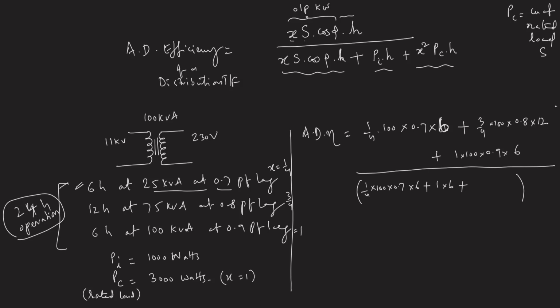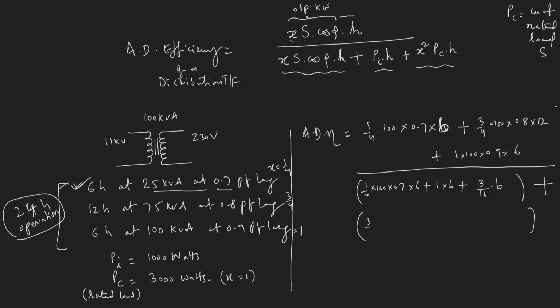Now at 1 by 4 full load it will be 1 by 4 square, that is 3 kilowatt divided by 16 into how many hours? 6 hours. So this is the total energy input for the first 6 hours of this operating condition, plus the 12-hour operation,